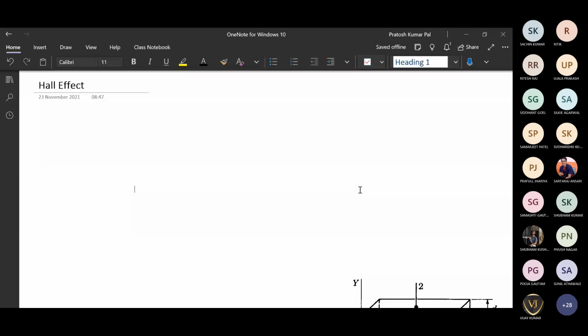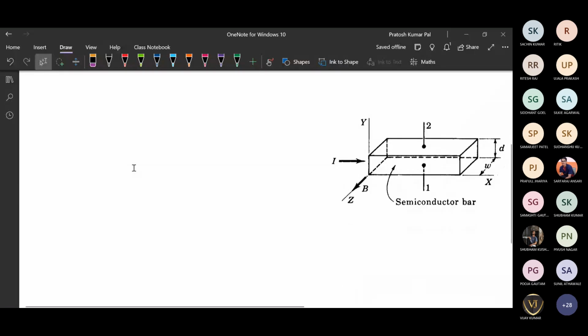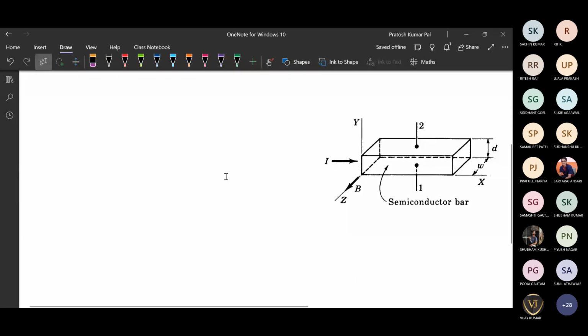We will analyze that. So that effect is basically analyzed by Hall, and it is experimentally verified. So that experimental effect is called the Hall effect. Okay, so we will see that. So basically, the Hall effect states that if any specimen is there, like a metal or a semiconductor, in a rectangular shape, it could be square type or rectangular type. Okay, so if it is placed such that